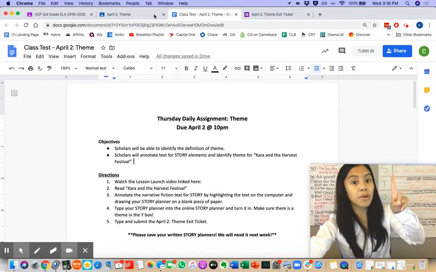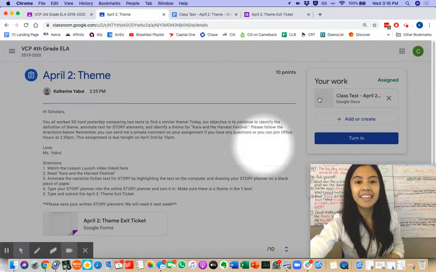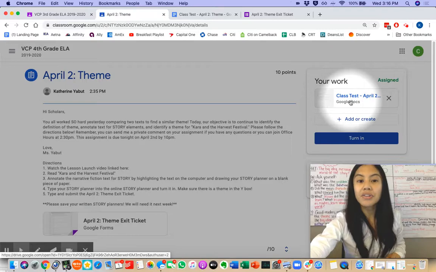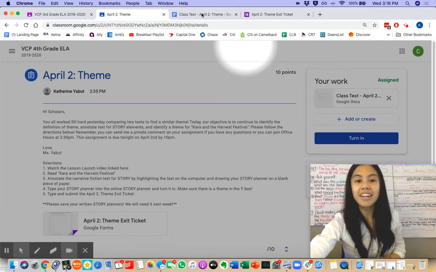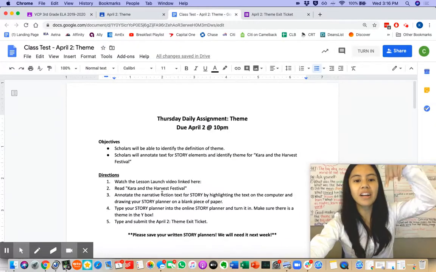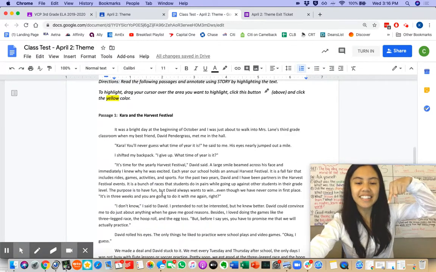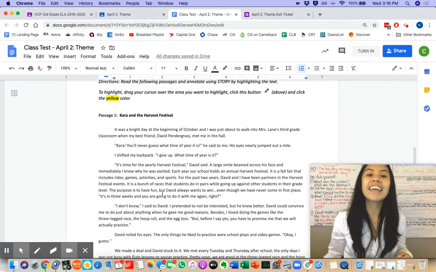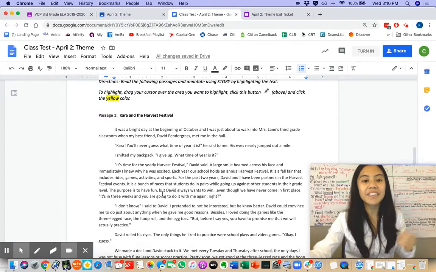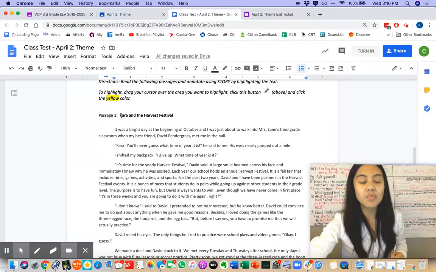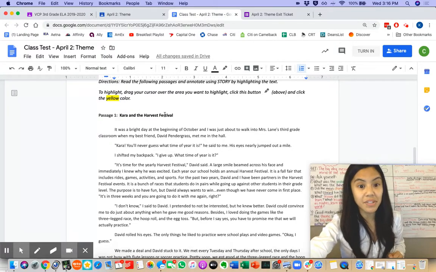Remember, click under your work and scroll all the way down. Let's read. Passage 1, Kara and the Harvest Festival.